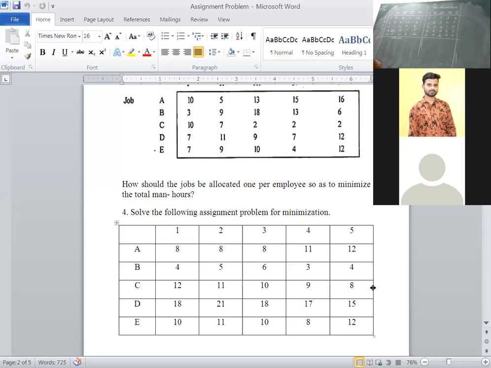Next. Here again, we have to perform column operation on the first column. First column is having 0, second column is having 0, third, fourth, fifth. Then with a pencil you have to make assignments. First row is having 3 zeros, second row is having a single 0, mark it with a square. With pencil, don't do it with pen. Third row is having a single 0, correct? Mark it with a square.